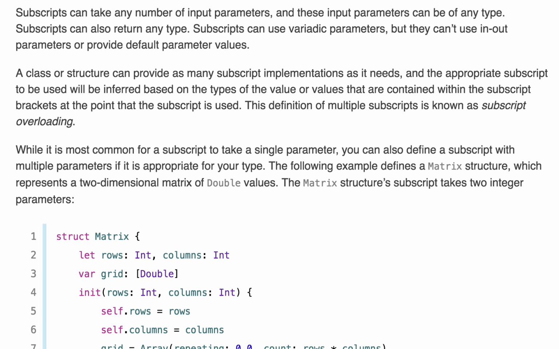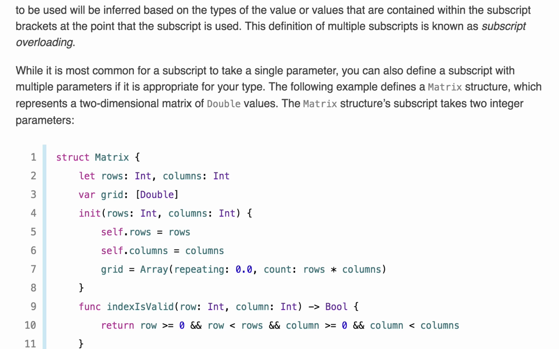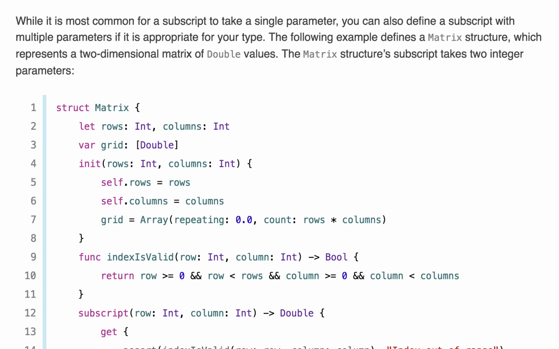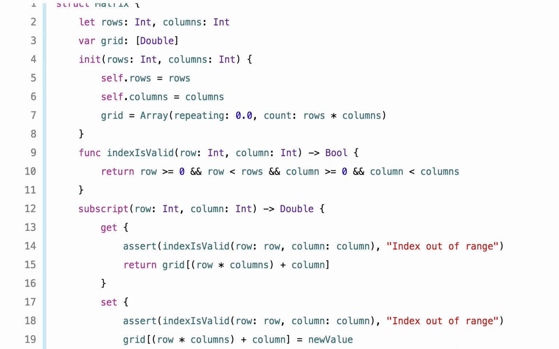The Matrix structure's subscript takes two integer parameters: struct Matrix { let rows: Int, columns: Int; var grid: [Double]; init(rows: Int, columns: Int) { self.rows = rows; self.columns = columns; grid = Array(repeating: 0.0, count: rows * columns) }, and the func indexIsValid(row: Int, column: Int) -> Bool